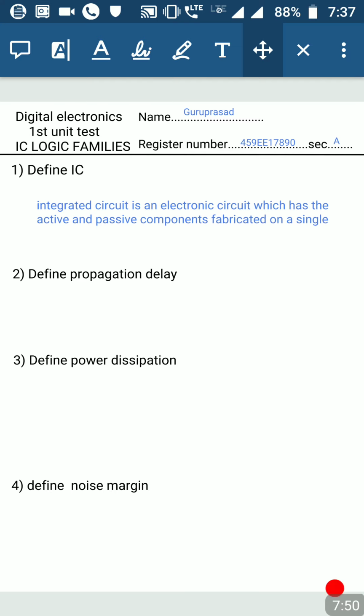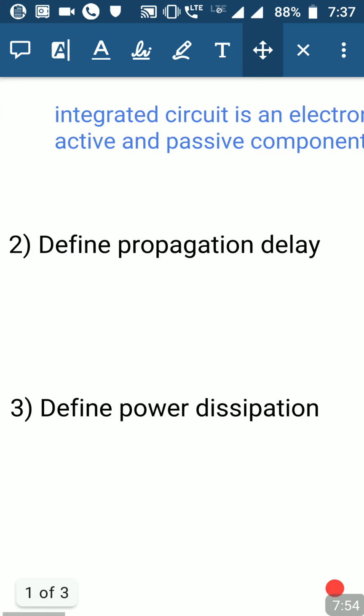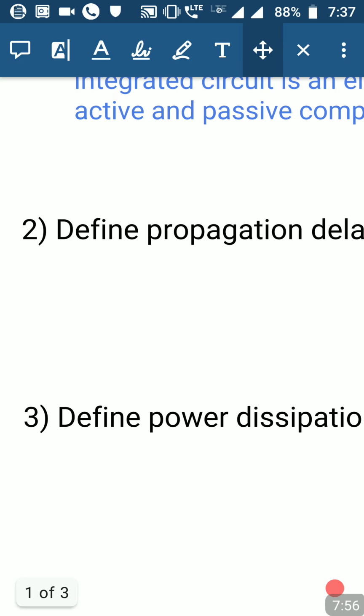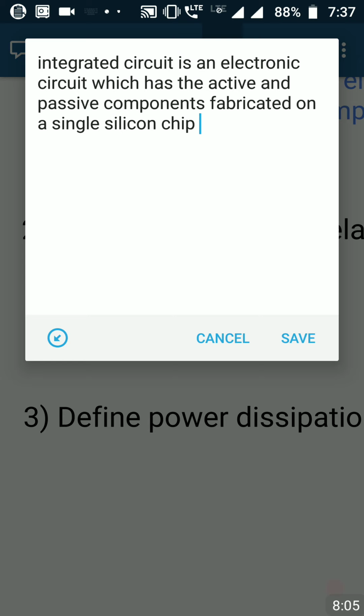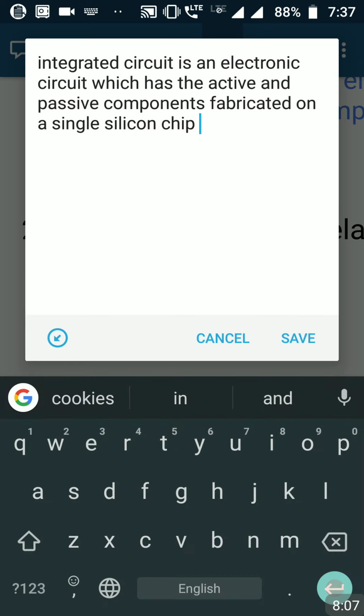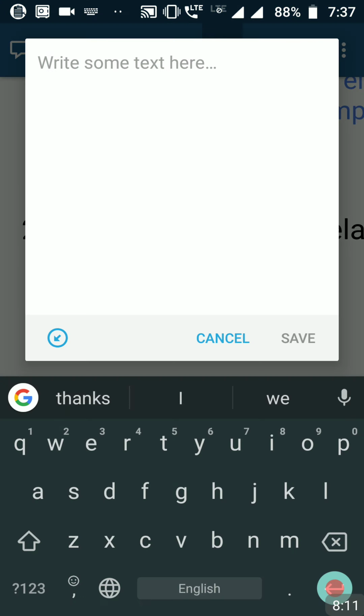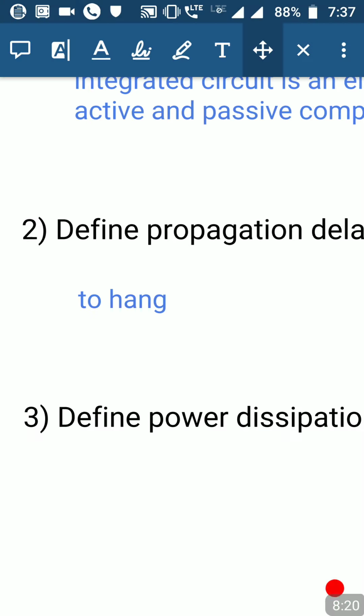Then after answering the first question, you need to go below the second question. Just go below the second question, zoom it down. Place your finger just below that and click on the screen. Before going there, you just have to select the text box, then you click over there. You will be able to change it. Okay, cancel. This is the new box. In this new box, whatever you want, you can write and save it once you complete writing.